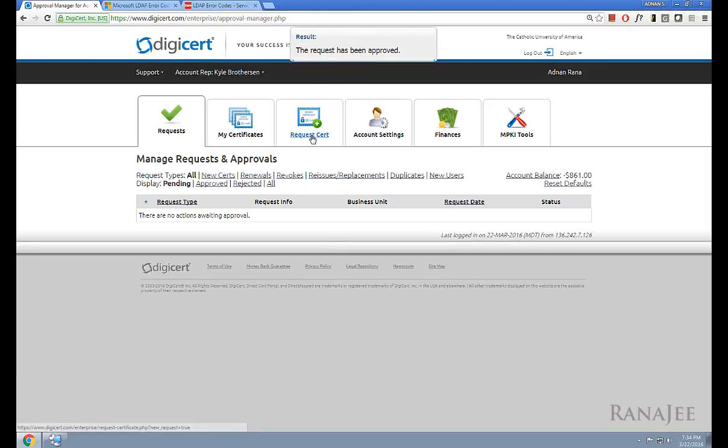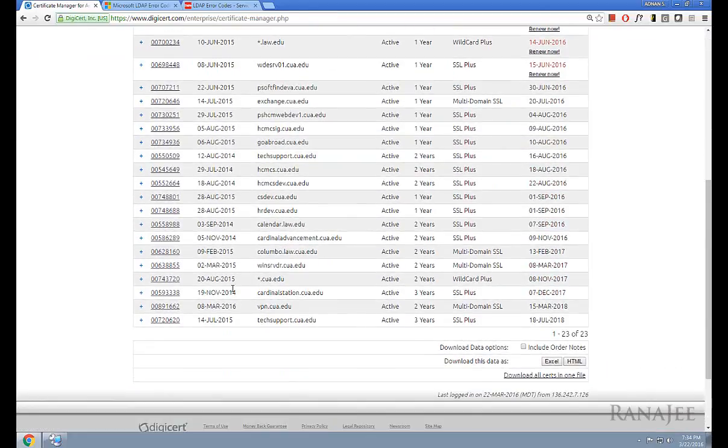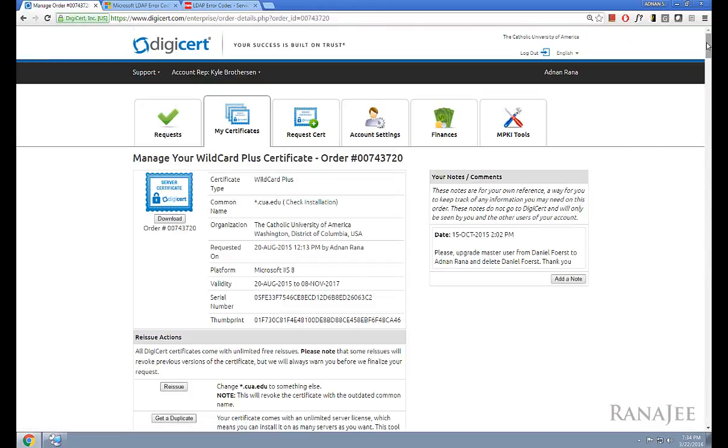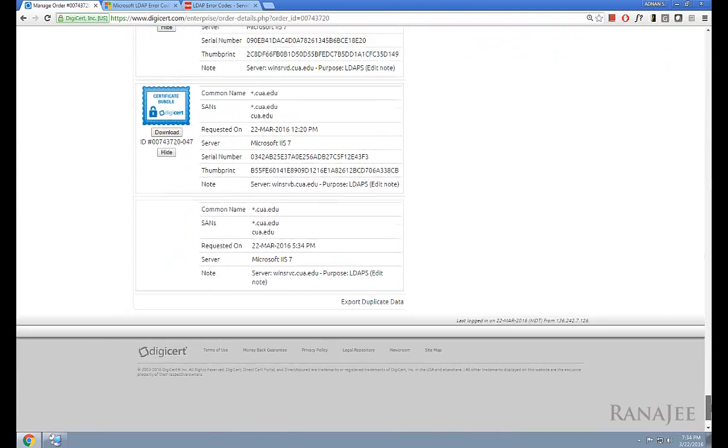So the cert has been approved, and then I go to my certificates and click on the wildcard cert and go all the way down to see if the cert is ready. The cert is not ready yet, so let's wait a few minutes. I'll refresh the page. While we are waiting for this, let me talk about why we are using